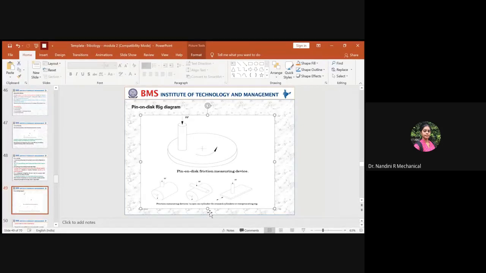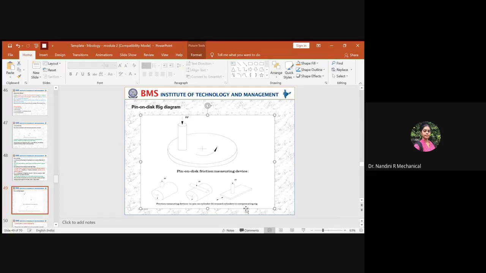The second one is the crossed cylinder. So here you have the same cylinder, right? But you are keeping the pin in a different position. If this is the center, it is moving in the clockwise direction. With respect to the motion, you are placing the pin in a crossed way, and hence it is called a crossed cylinder, and you will be applying the load here to keep this stationary.